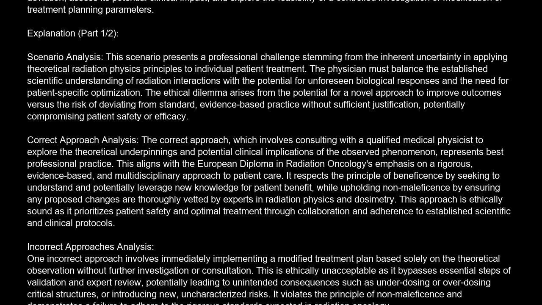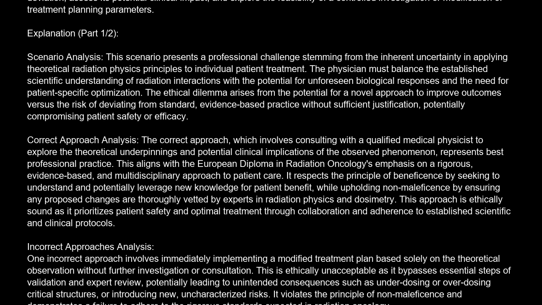This aligns with the European Diploma in Radiation Oncology's emphasis on a rigorous, evidence-based, and multidisciplinary approach to patient care. It respects the principle of beneficence by seeking to understand and potentially leverage new knowledge for patient benefit, while upholding non-maleficence by ensuring any proposed changes are thoroughly vetted by experts in radiation physics and dosimetry. This approach is ethically sound as it prioritizes patient safety and optimal treatment through collaboration and adherence to established scientific